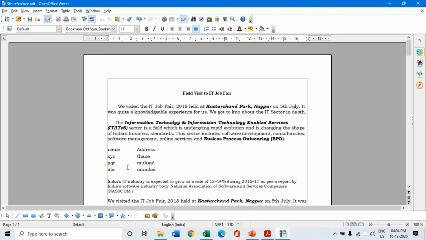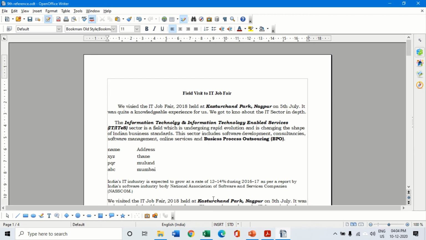Let me now show you how to move around a document. If my cursor is in a particular place, suppose my cursor is over here, and I want to take my cursor to the beginning of the line, I can simply press the Home key, which takes me to the beginning of the line, or the End key, which takes me to the end of the line. Here the cursor has now moved to the end of the line. When I press the Home key on the keyboard, it moves to the beginning of the line. This is for moving around the cursor.